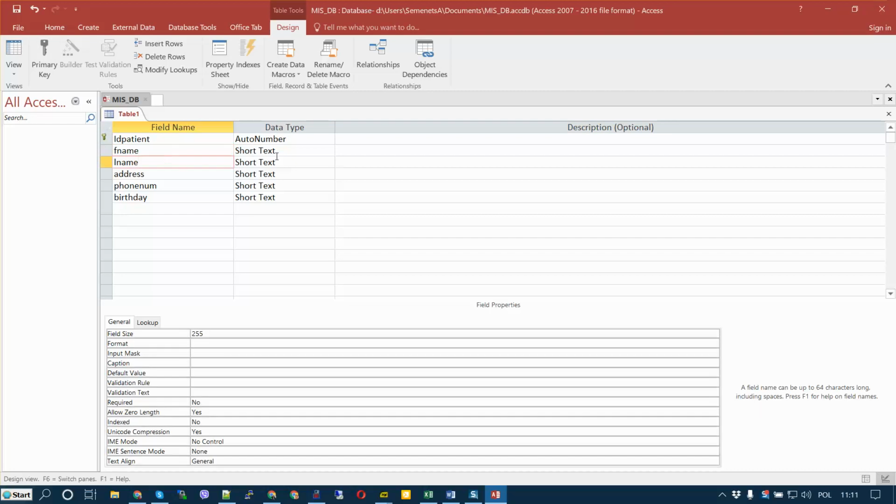Okay, first name and last name for sure must be text fields. What you can also do is, for example, adjust the field length. For example, provide a limitation for first name of about 30 characters, and last name about 50 if necessary. Address is a mix of text and numbers, so we will leave short text. Phone number, for sure, if you want to apply different prefixes like plus and so on for mobile numbers, you must leave short text. And birthday must be